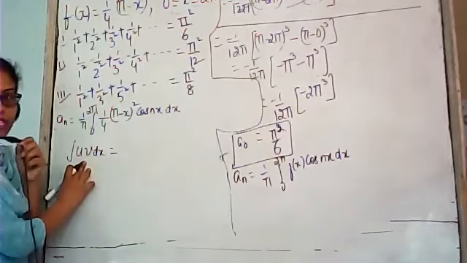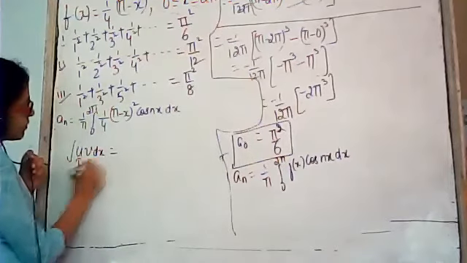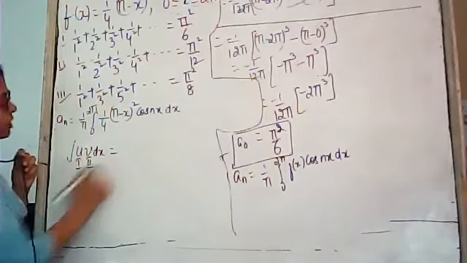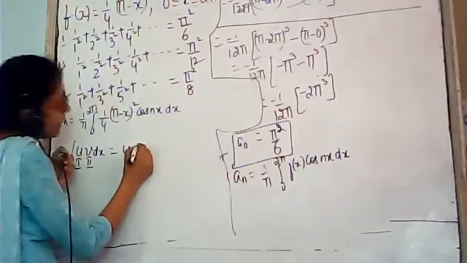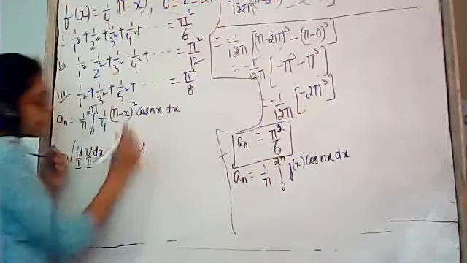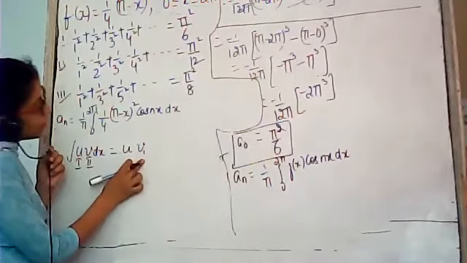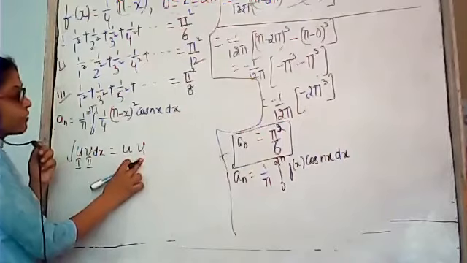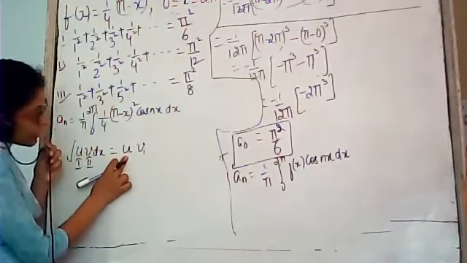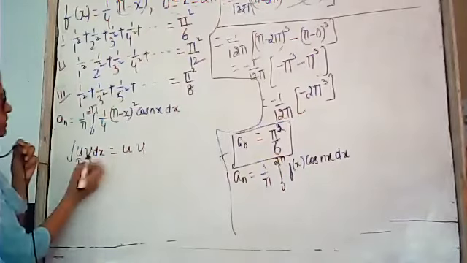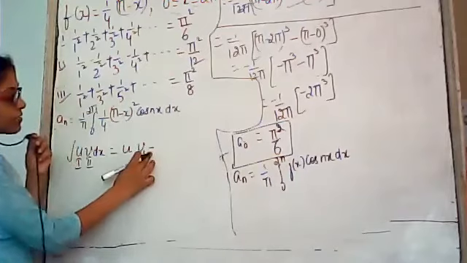If there are two functions under the integration sign, this is the first function, let this be the second function. Write the first function as it is, and integrate the second function. For integration, I will use the subscript, and for differentiation, I will use the superscripts. First function as it is, integrate second function. After that, there will be a negative sign.